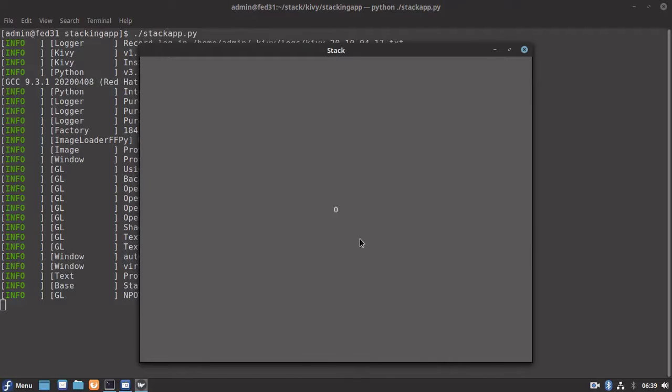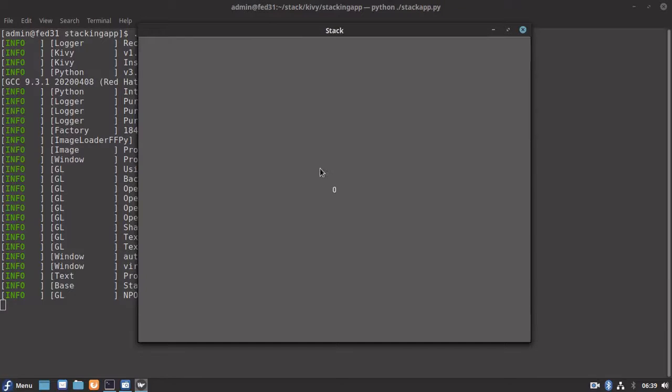I think you see, we are able to see only the first button with text 0, and it is occupying the complete root widget space. I think this is because layouts honor the size_hint and pos_hint values. So we need to make that None before we use the fixed size values.